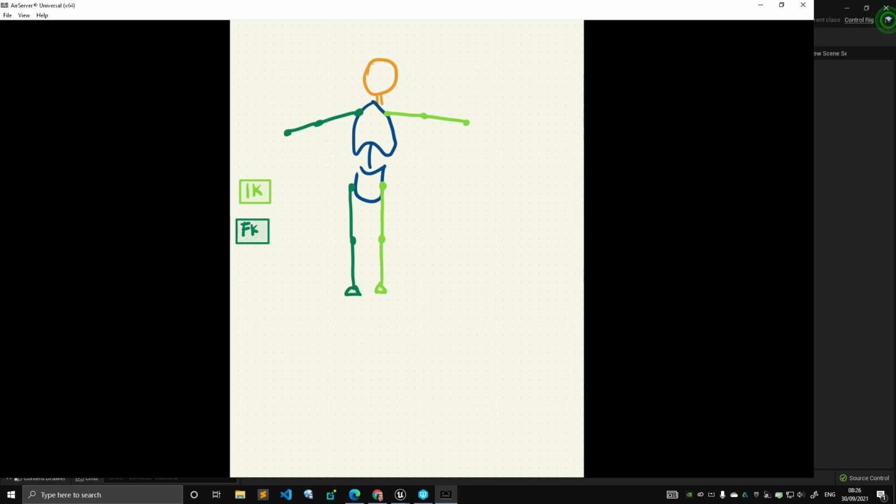So we have our head, our spine, our FK leg, our IK leg, and now we have our IK arm and our, let's define it, IK is this one. These are the colors. Okay, so